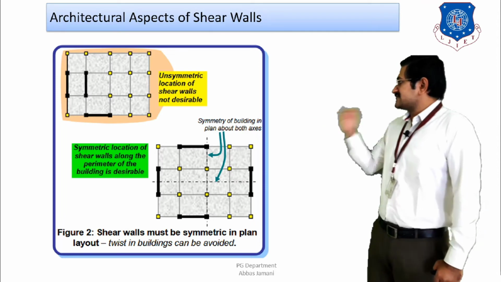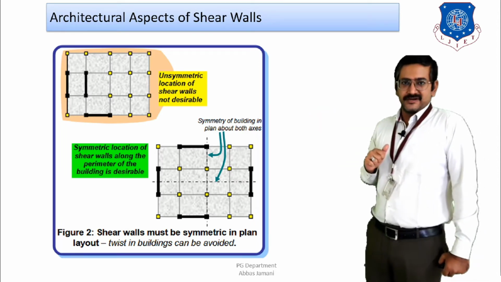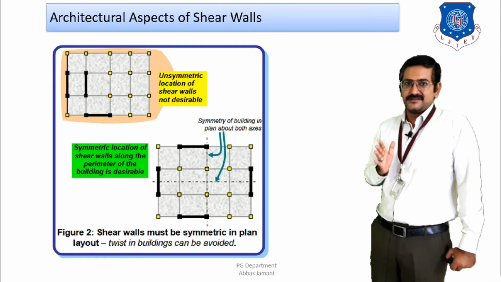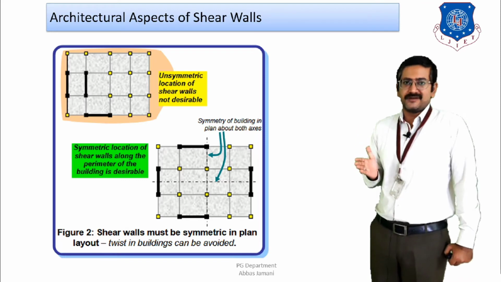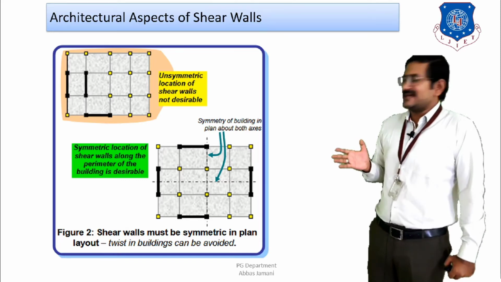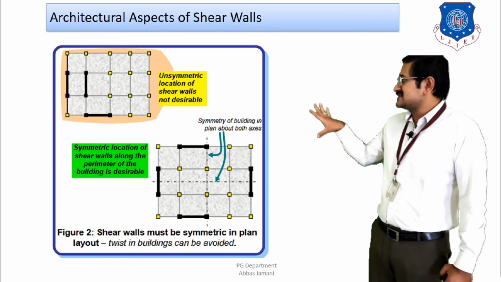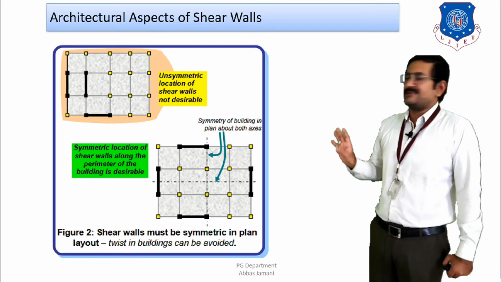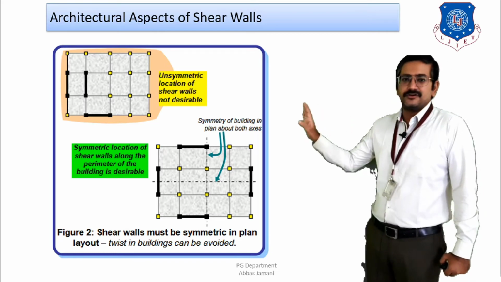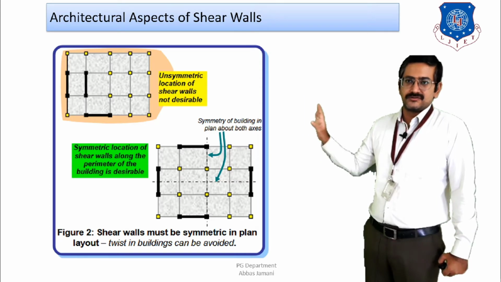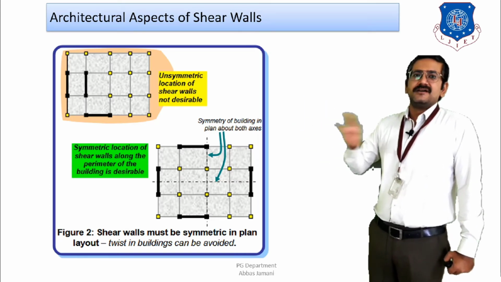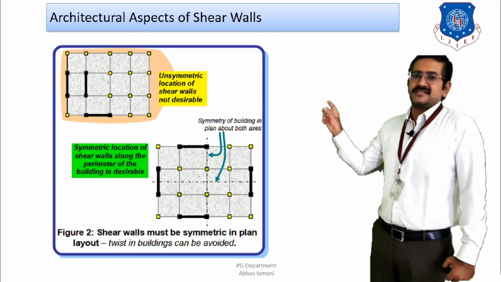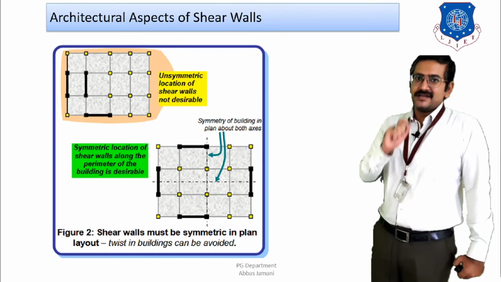So if I talk about the first figure, you can see that three shear walls are provided, but none of these three shear walls is symmetric about either axis, that is the x-axis or y-axis, which are the principal axes through which the forces are going to be applied, right? So when this type of arrangement is there, the CG of mass, the CG of the floor and the CG of stiffness are not going to match. And when they do not match, the center of stiffness is going to be oriented towards the left side, and as a result, eccentricity is likely to develop. And as we have seen, whenever eccentricity comes into the picture, twisting of the floor is likely to take place, and that is why it is not advisable.